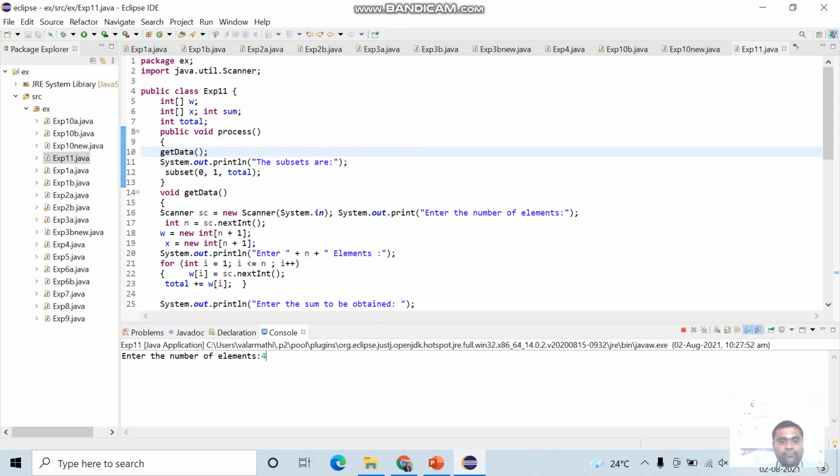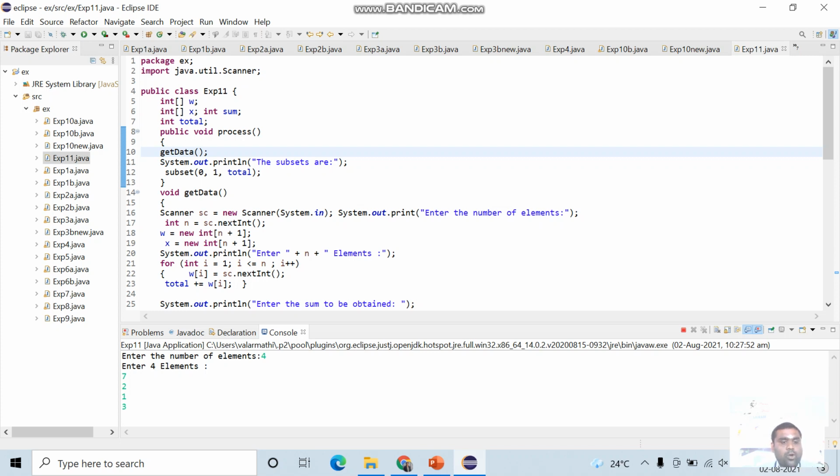Number of elements 4. Elements: 7, 2, 1,